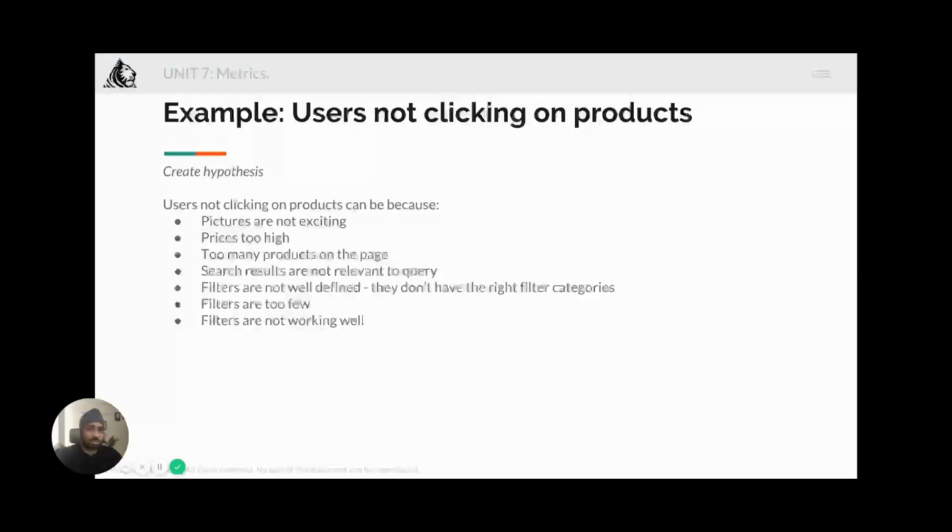Search results are not relevant to query. Well, this is a biggie and has the potential to create huge drops, right? How do you check if this can be a potential culprit? So imagine a user experience where the search results are not relevant. In a typical session, he will perform a search, scroll a bit, and then click a product if it's relevant enough. Then, because the product didn't satisfy him or he wants more options, he does another search with a tweaked query and does the same actions.